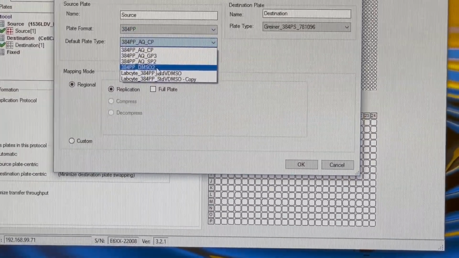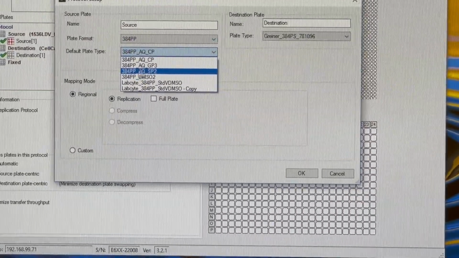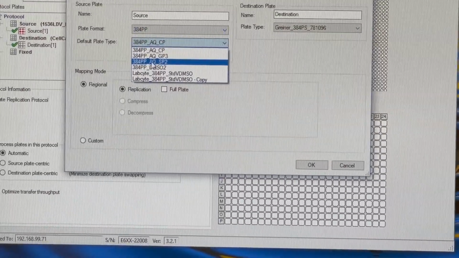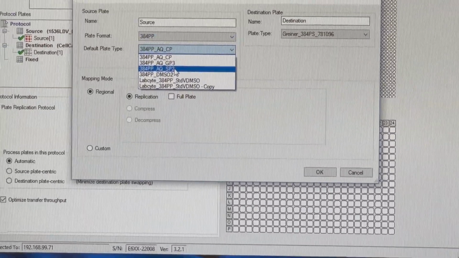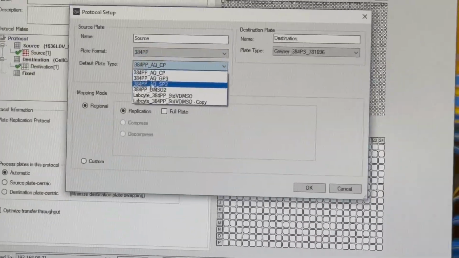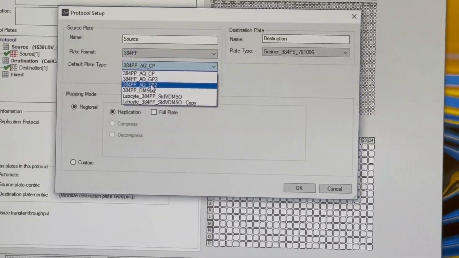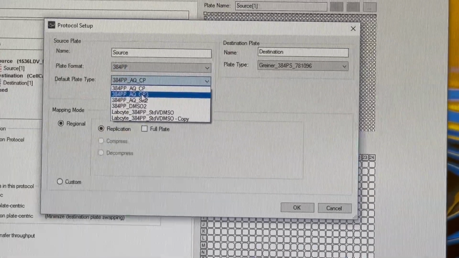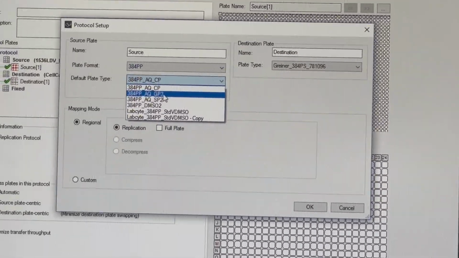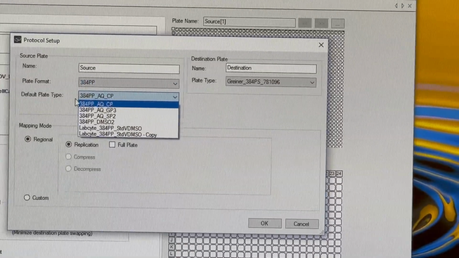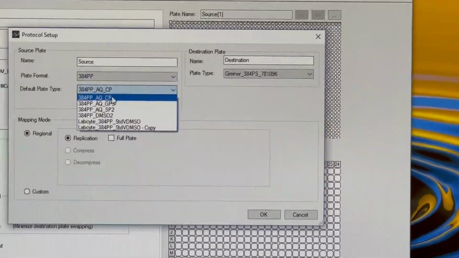If you were doing an aqueous solution with surfactants in it, so examples would be cell media, because the high FBS concentration acts like a surfactant, or PBST, something like that, then you would use this setting. The S there stands for surfactant. If you have an aqueous solution with something very viscous in it, like glycerol, the G there's for glycerol, then you would use this setting. Or just any other aqueous solution, you can use this aqueous CP. This is the most adaptable protocol, so if you're ever not sure, just use the CP one.